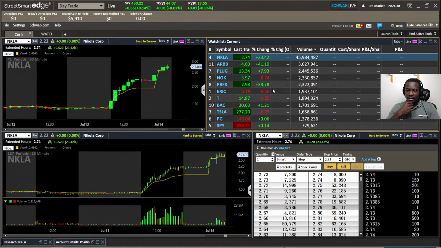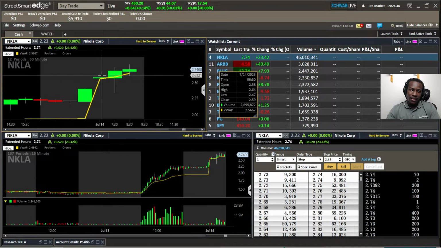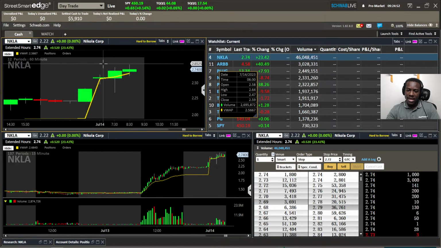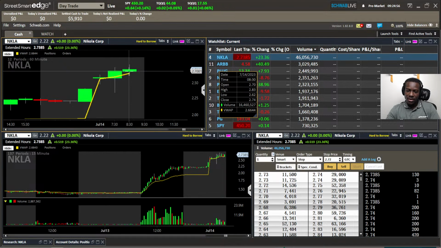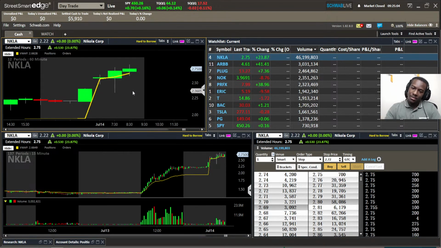This 45 million shares traded. I'm just wondering what can happen because it's got such a small range here. Like, look at this. It's got $2 from $2.63 up to 2.85. That's a 20-cent move. But then you look at the shares on this candle, it's 16 million shares traded. So how many people are in the way of getting hurt this morning? We got 5 minutes until the bell.